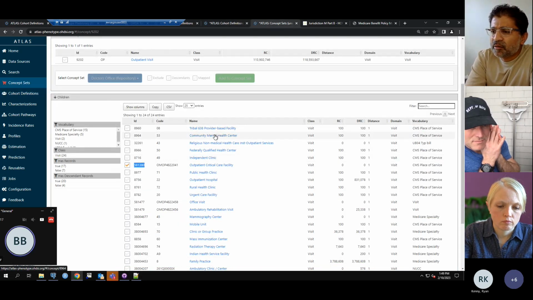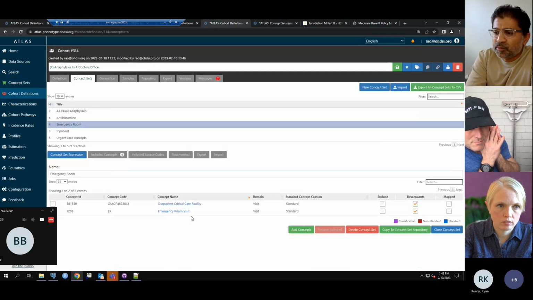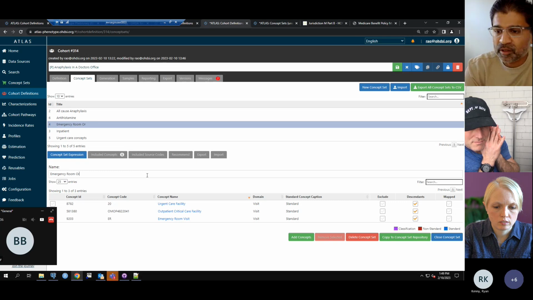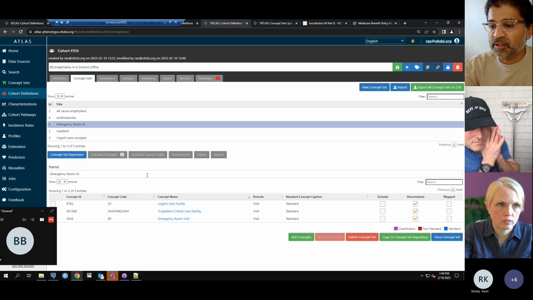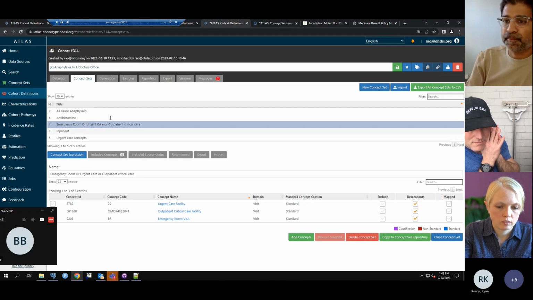So here, what I'm going to remove is urgent outpatient critical care facility, and I'm going to remove outpatient hospital. I'm going to remove, oh, there you go, urgent care facility. So here, I'm going to put that under emergency, and emergency room or urgent care or outpatient critical care. Okay,